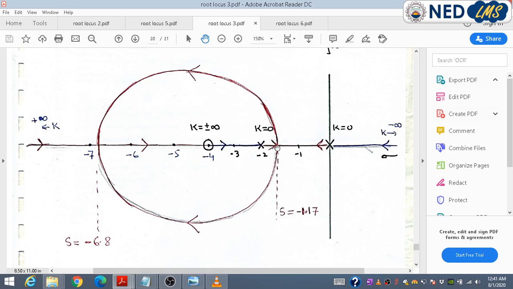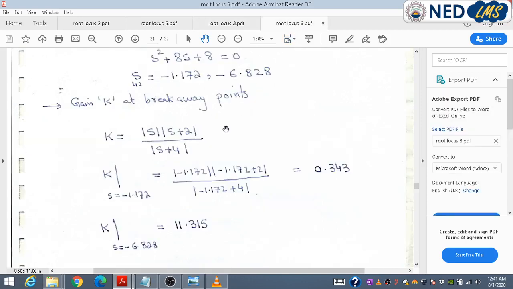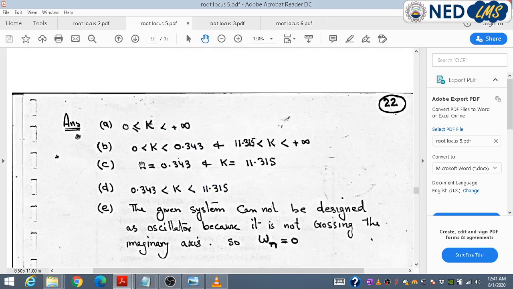Therefore for real and distinct roots, the value of the controller must be greater than 0 and less than the value at this point, and we have already calculated this value here at s equal to minus 1.172. The controller gain is 0.343. Therefore the answer is k should be greater than 0 and less than